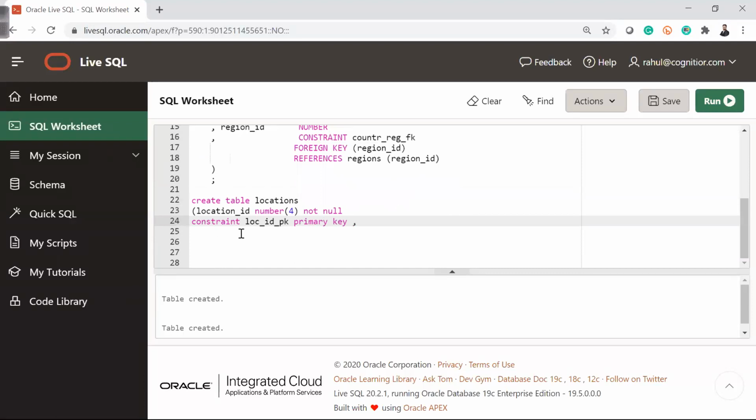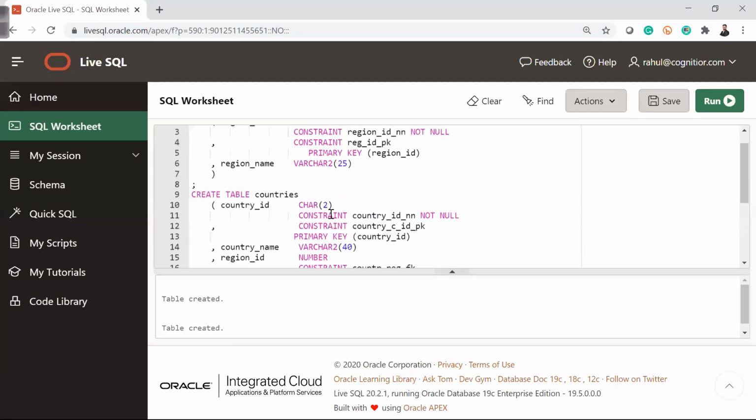So what I'm doing is creating a location id number 4, not null, then constraint. Here I have the constraint name and primary key, separated by a comma, because I'm using the constraint keyword twice, since I'm giving the name.